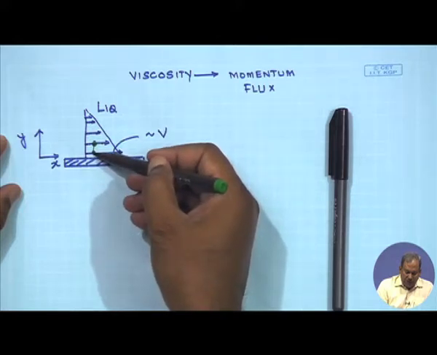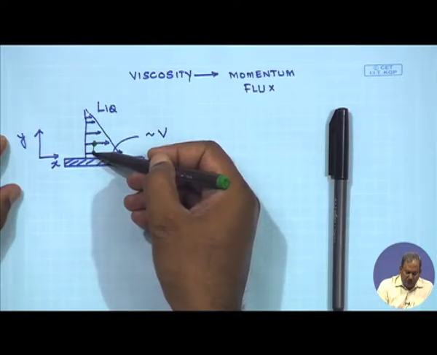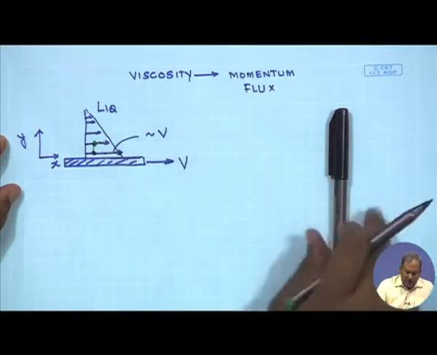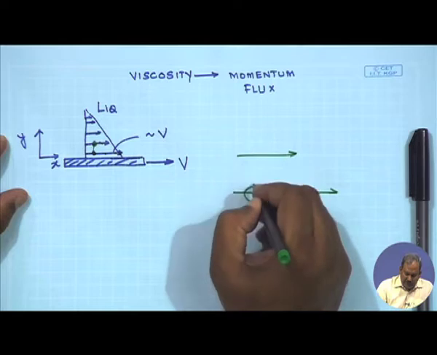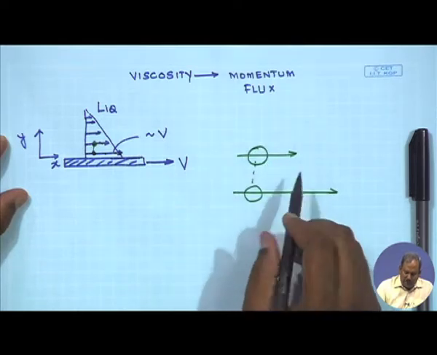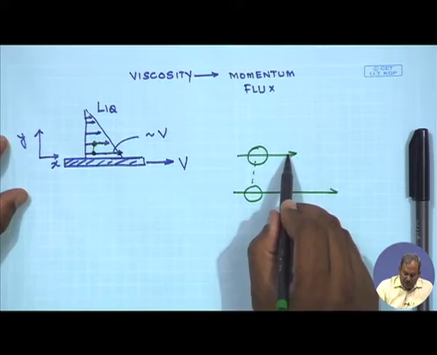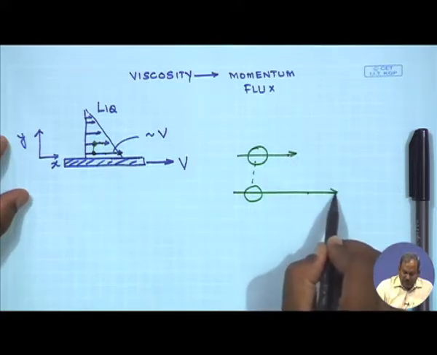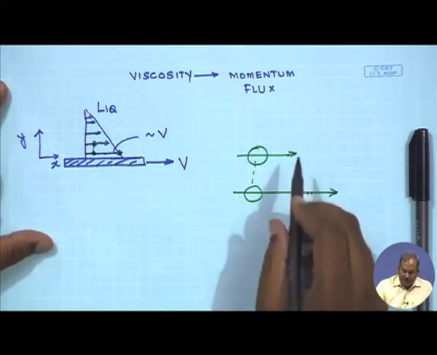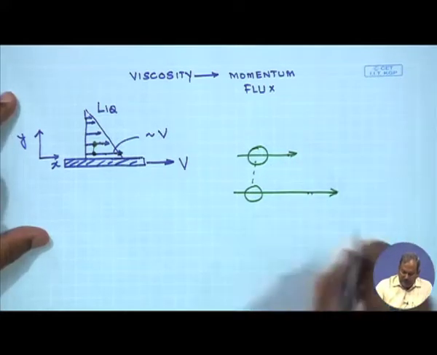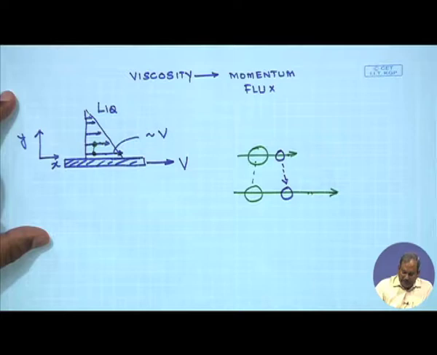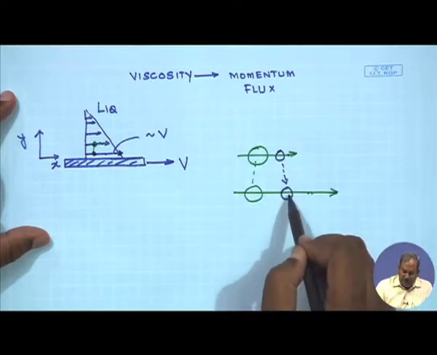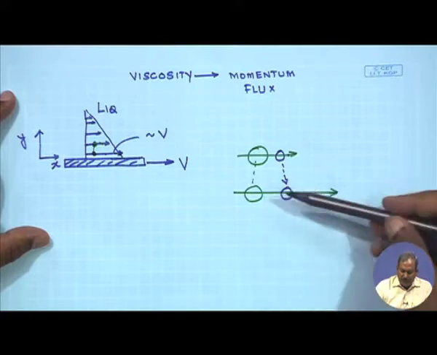So, this transport of a molecule with velocity more than that of the upper region will carry an additional momentum when it goes to the top, which would try to force the upper layer to move with a velocity close to that of the bottom layer. And on the other hand, when a molecule from the upper layer comes to the lower layer, the tendency of this molecule will be to slow the faster moving layer. So, there will always be